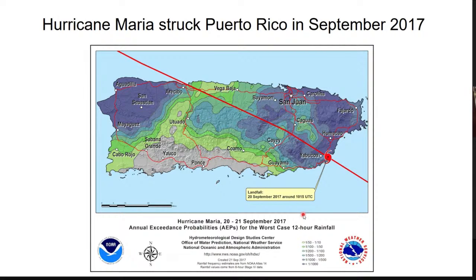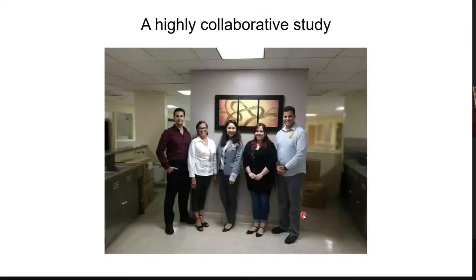promote research, and many good studies have come out, and it really contributes to our understanding of the effects of big disasters on human health. And the researchers are very open to collaboration. Here, I want to thank my major collaborators, Dr. Nicholas Rosario, Dr. Mita Acevedo, and Dr. David